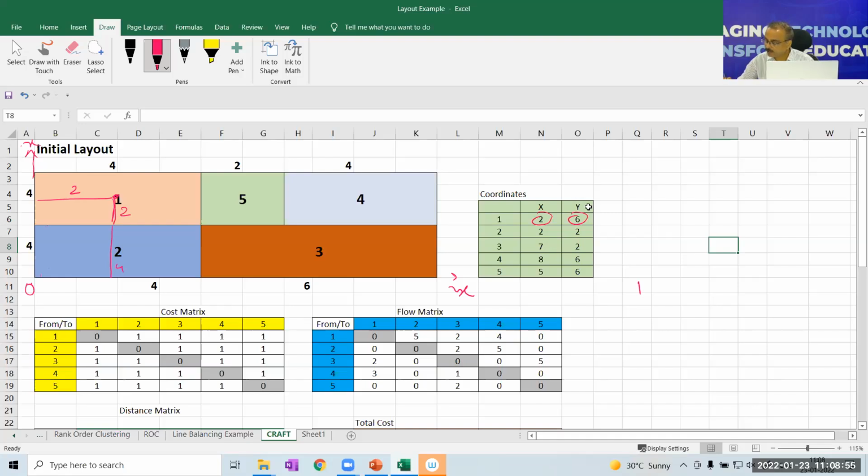Similarly, what will be the coordinates of department 2? Here is the centroid, let's say. This distance is 2, and this distance is again 2. So the coordinates of department 2 are 2 by 2. In this way, we have to find the coordinates for each department, and based on the rectilinear distance,